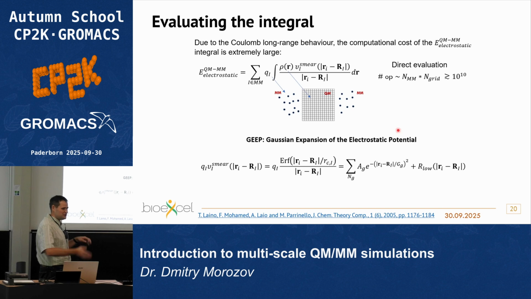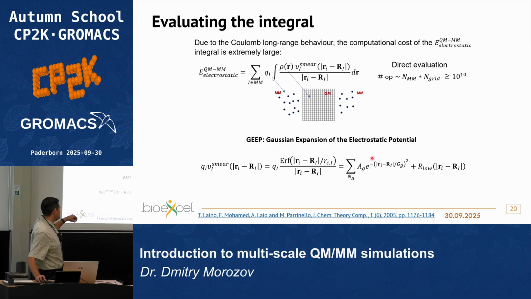But instead of the point charge, you project directly the interaction potential. Basically, now each of the points of the grids onto which you calculate your electron density also has the potential, the electrostatic potential